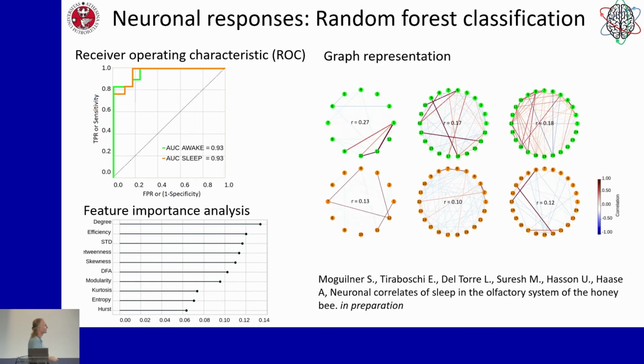So we looked at the networks, and this is what we find. Here, 3 different subjects, awake state, sleep state, and what we see here is only the significant connections between the glomeruli. We scramble the data, form surrogates, and then we test significance, and this is what is left in connections. Now, interestingly, what seems to happen when the bee is falling asleep, all the connections in that network seem to break up. Some new connections are formed, but the general connectivity, here this is Pearson's R, is dropping